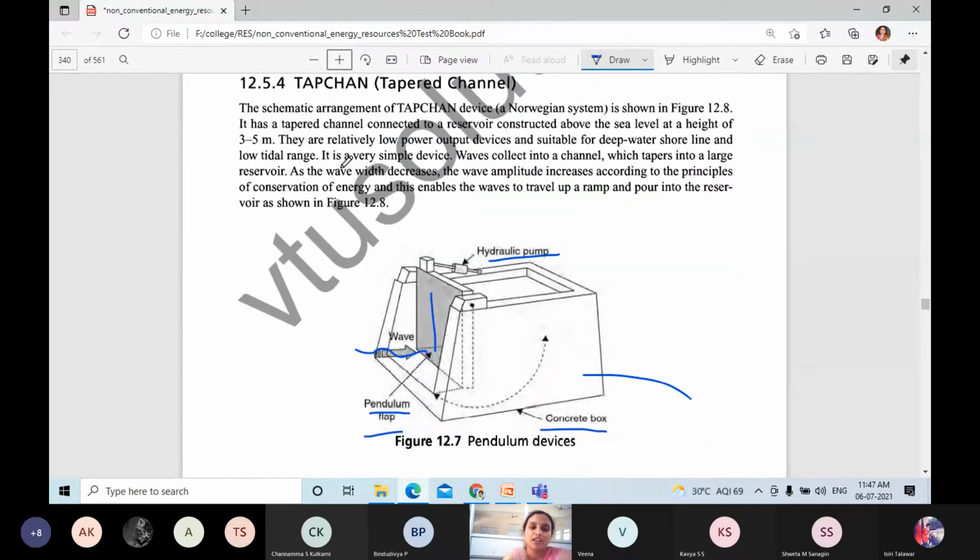Next is a tapchan, a tapered channel. If you see the figure,